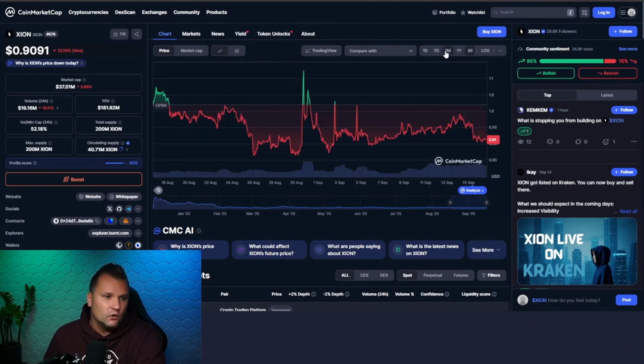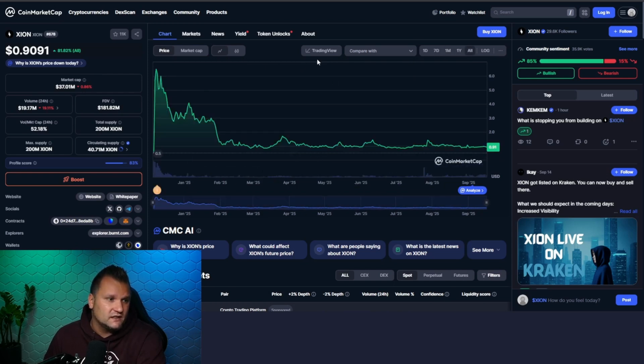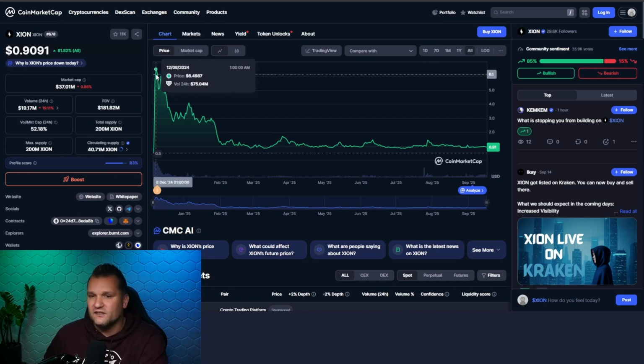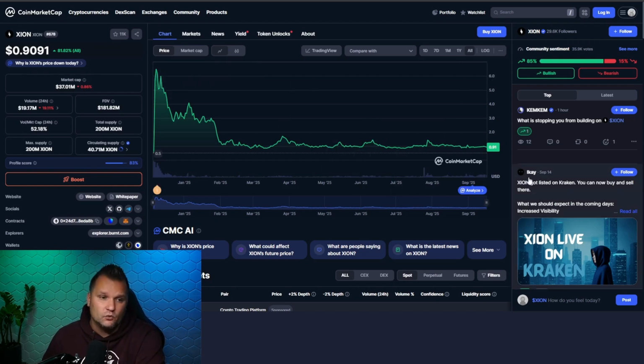If you compare it over the course of a month, you can see that the price was around 87 cents, which was the lowest point it reached. And before that, we can also see that the token launched with high expectations at around $6.50 rounded up. That was quite an impressive listing at the start. Currently, it's at about $1 and at the time of recording this video, even at 90 cents.